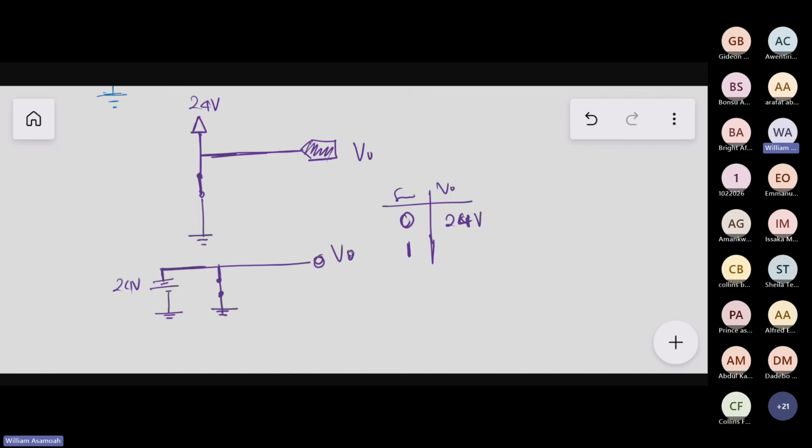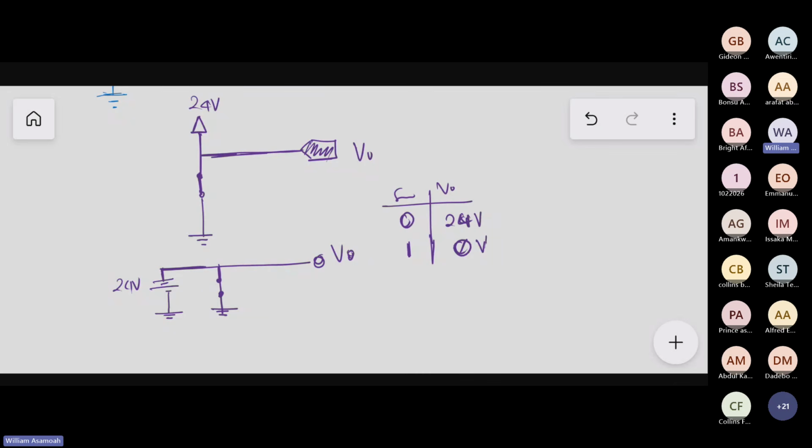If we close the switch, will there be a voltage output? Yes or no? No. The voltage output will be 0. Please, do we understand? So this kind of